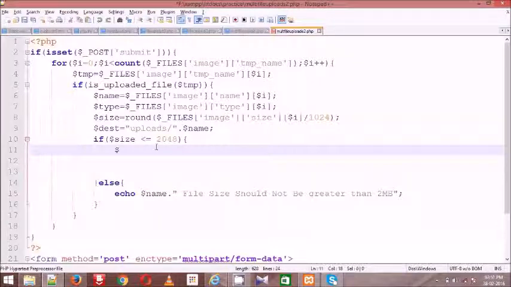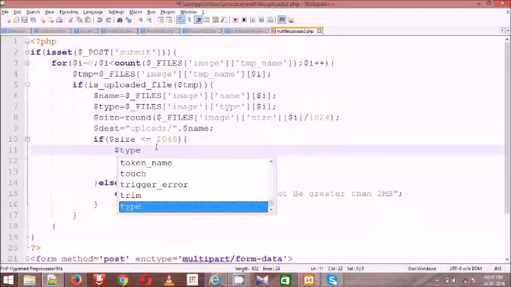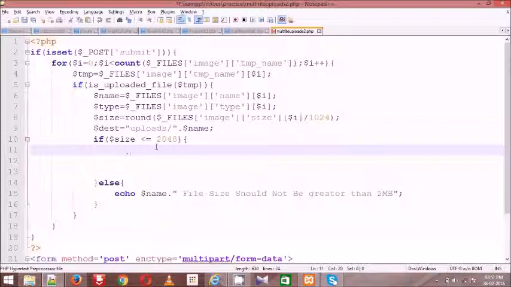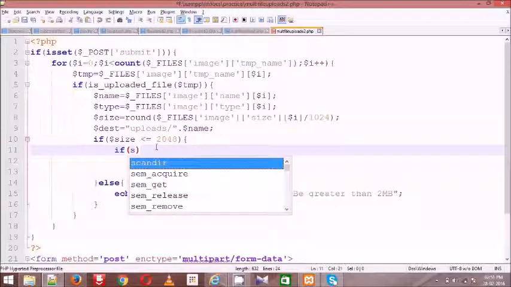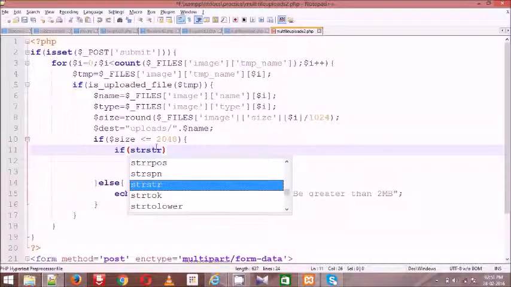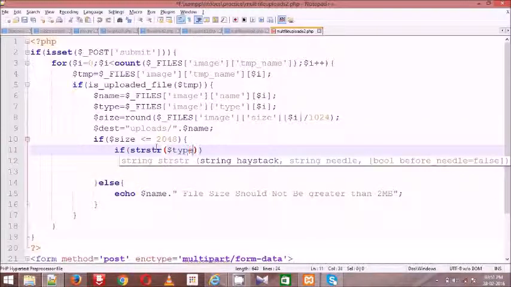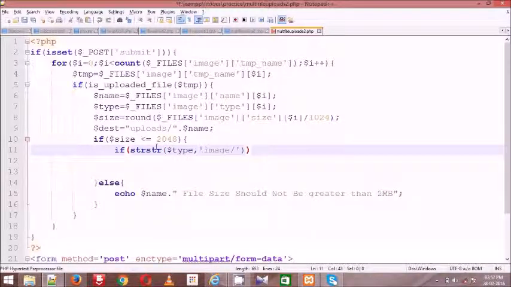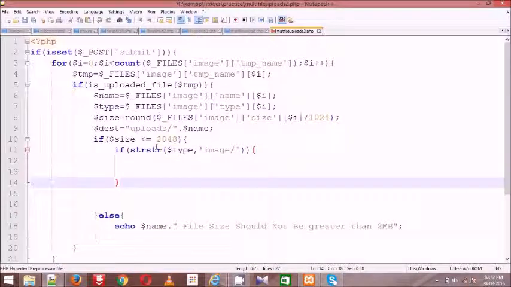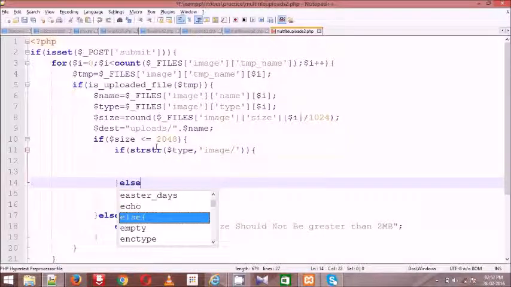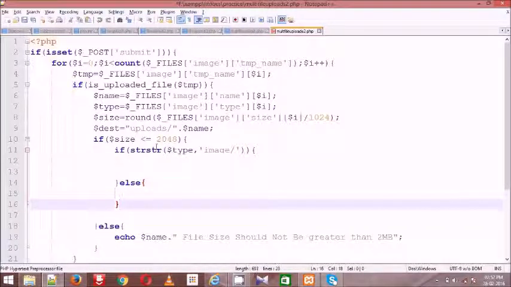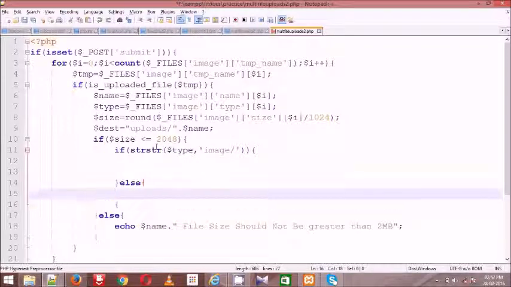After that, I am checking whether the file is an image or not. For this again we have a predefined function. For type, if the type contains image, in the sense it's an image. If it does not contain image, it's not an image. At that time you can upload directly.